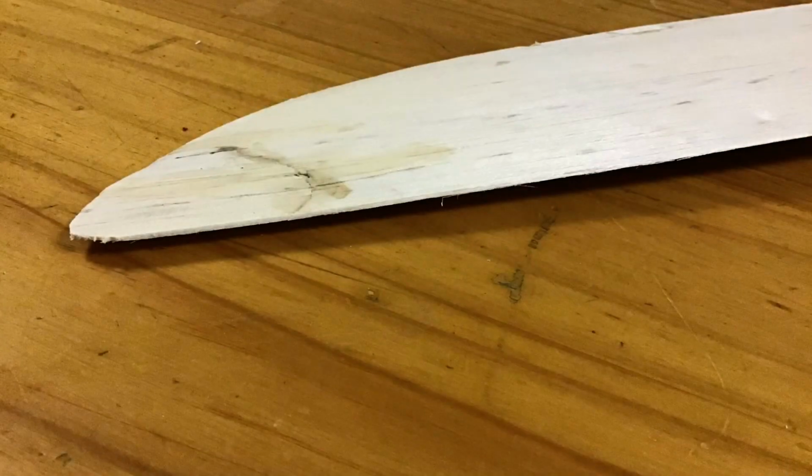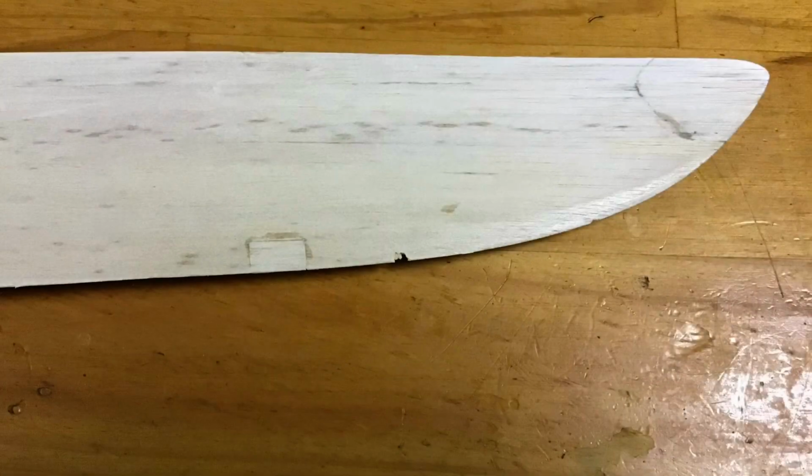As you can see here, the left wingtip has been slightly roughened and chipped and deformed by absorbing some moisture, so I'll do a little work on it to make sure it provides me a smooth and strong grip for throwing the aircraft. We're now looking at a couple of dents on the leading edges of the wings, one here